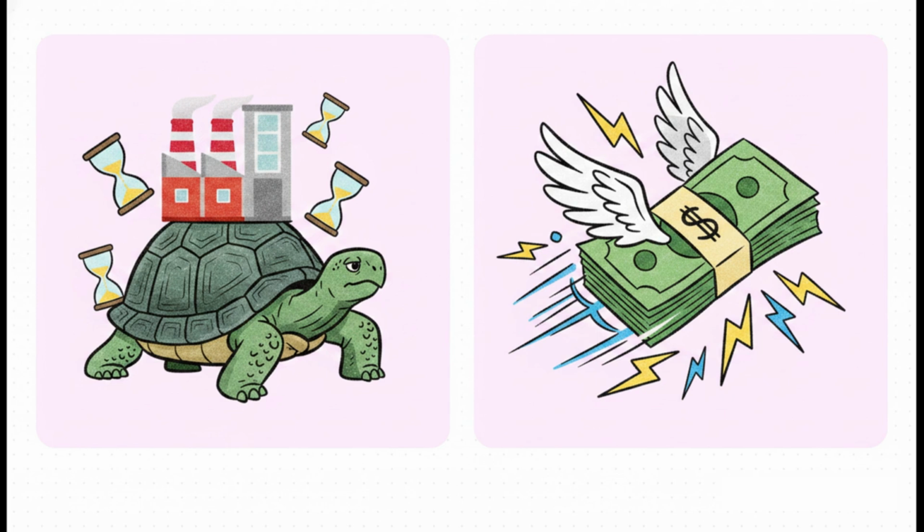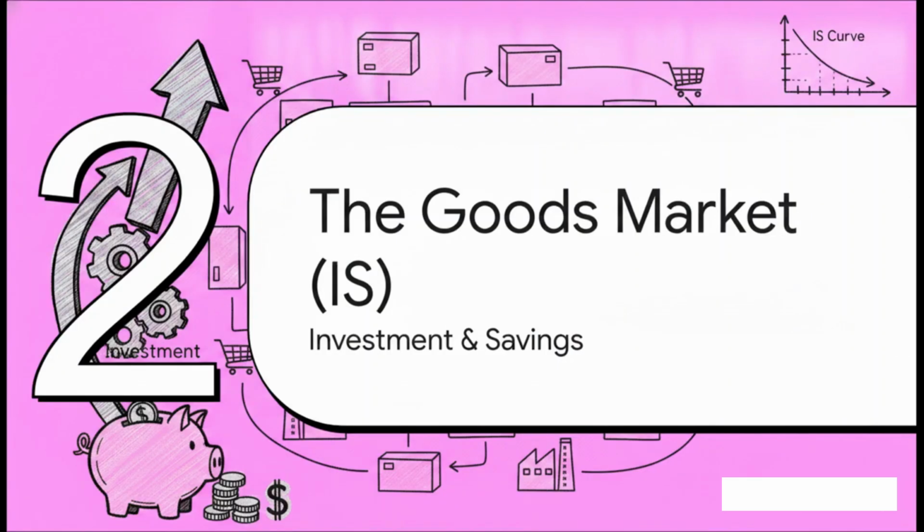In stark contrast, the money market is lightning fast. We're talking about highly liquid transactions, buying and selling bonds, adjusting interest rates on the fly. The money market can react in a flash, which makes it incredibly hard for it to stay out of equilibrium for very long. Moving right along to part two, this is the goods market, representing investment and savings, otherwise known